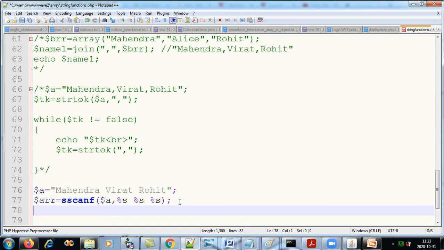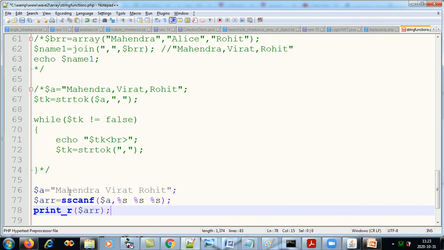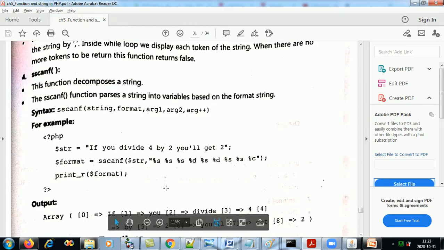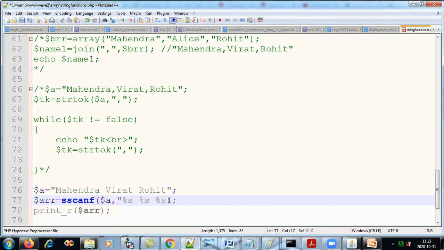Now if I want to display this array, what I have to give is print_r $ARR. It will display at 0 index Mahindra, at 1 index Virat, and at 2 index Rohit. This scanning also will be done in double quotes.